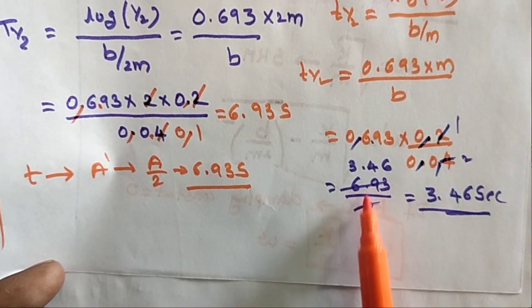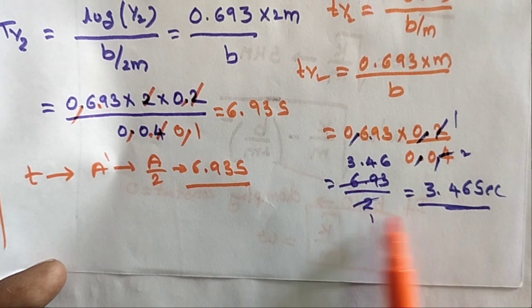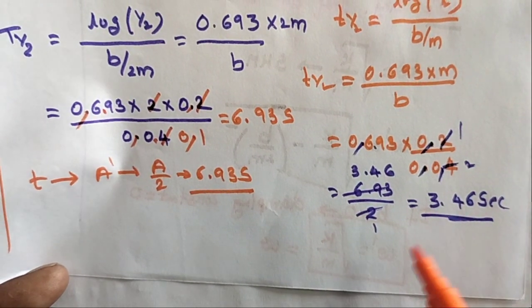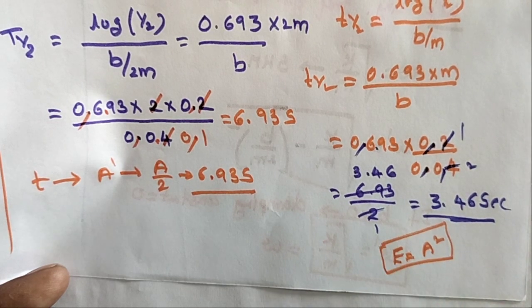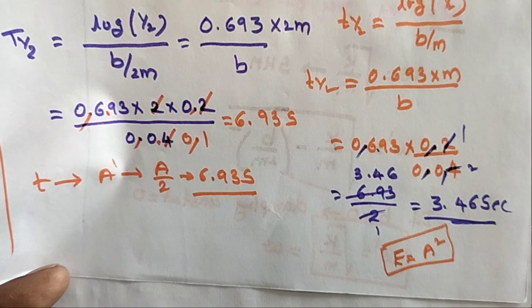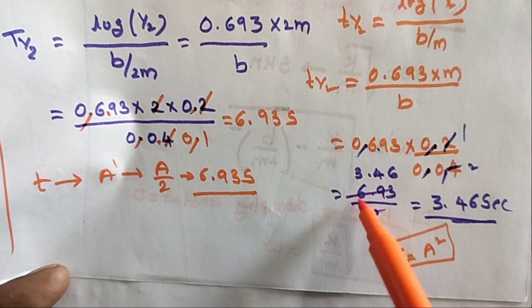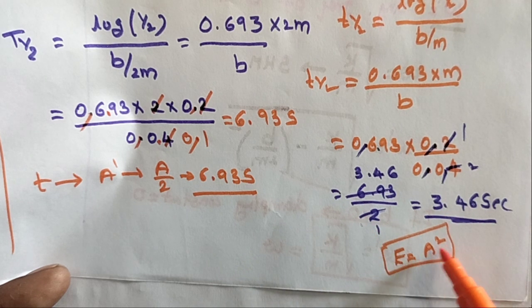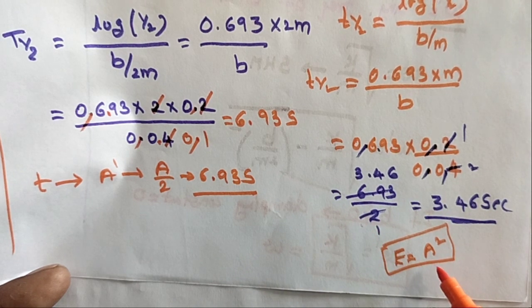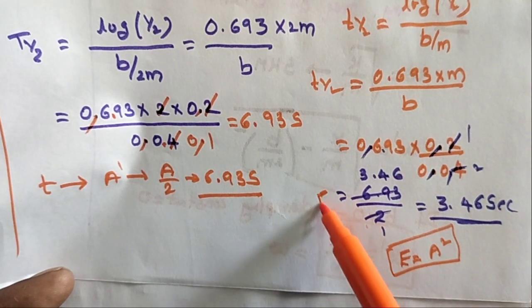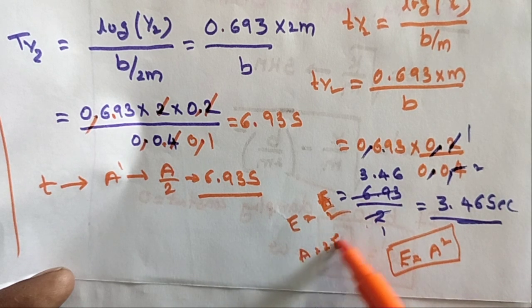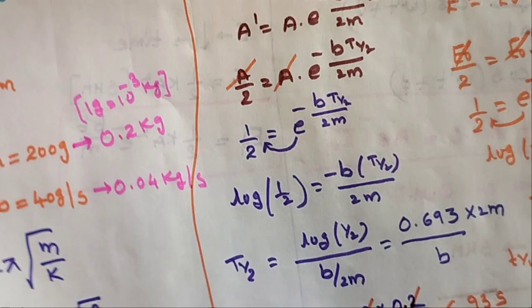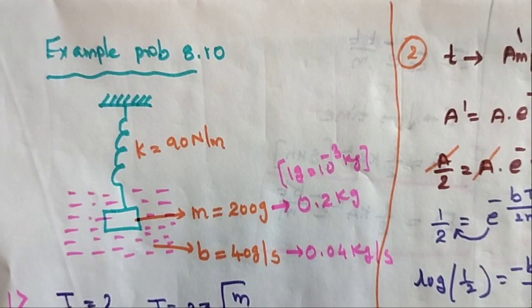What is your observation here? The time for the mechanical energy is half of the time for the amplitude. Always, the energy is the square of the amplitude. Here a by 2, a by 2 means sometimes a is equal to a square. So this is damped harmonic motion. In this one, E is equal to a by 2, so a is equal to 2E. So this is called a damped harmonic oscillator problem. Thank you, one and all.